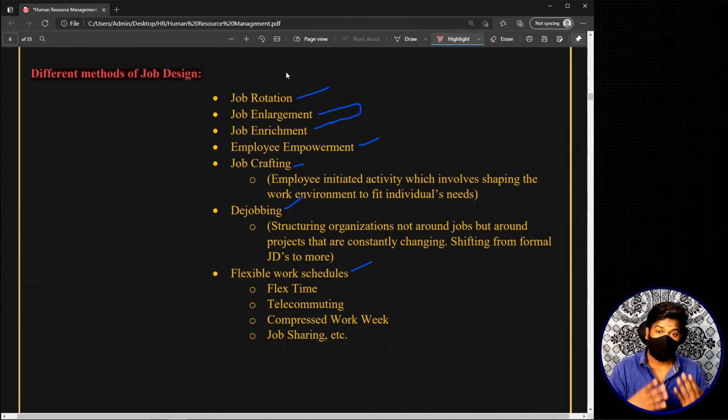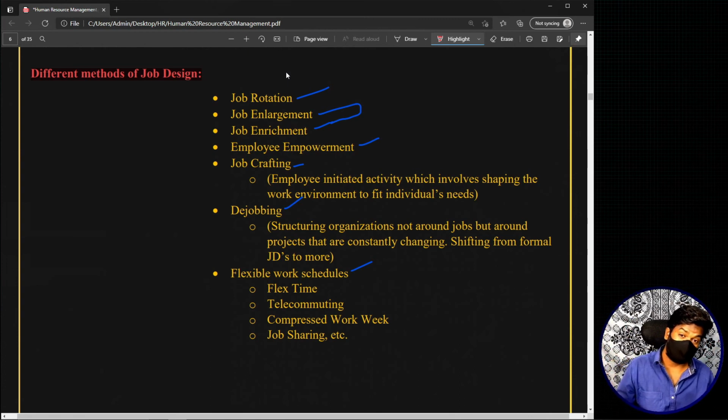For example, take an HR manager. Basically, an HR manager initially has all the subject knowledge and training to deal with every function of human resources. For example, an HR manager knows how to take care of recruitment, compensation, and training and development. But considering the workload and different factors, organizations generally assign one function to an HR manager, saying that since we have 10,000 or 20,000 employees, we are putting you as HR manager for recruitment, HR manager for compensation, HR manager for performance management.